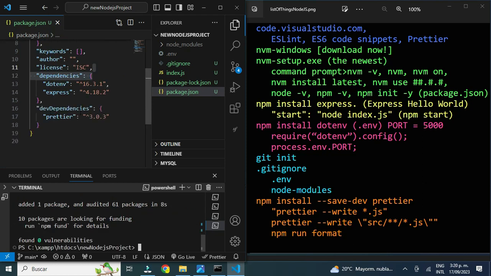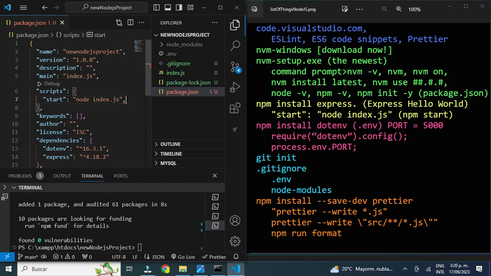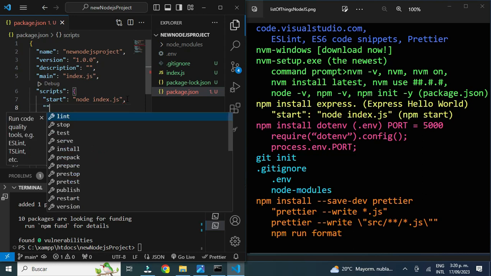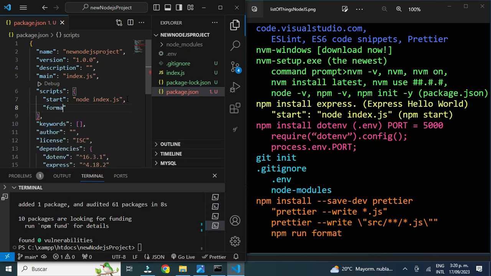You see devDependencies prettier. Now I'm going to put another script for running this tool. I'm going to type format, and I'm going to save this command here called prettier --write